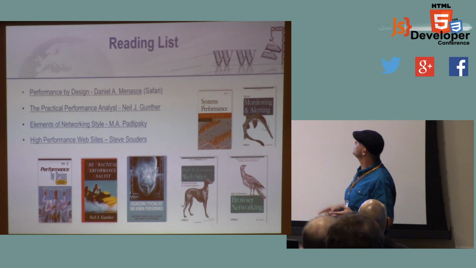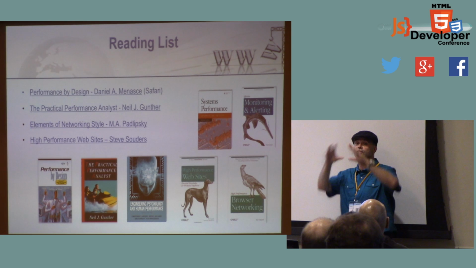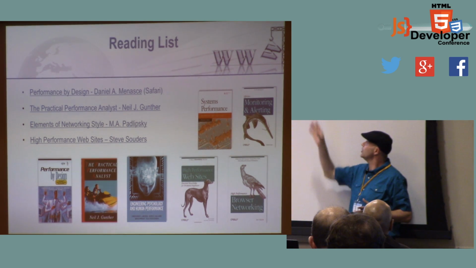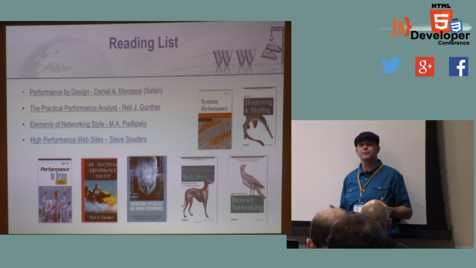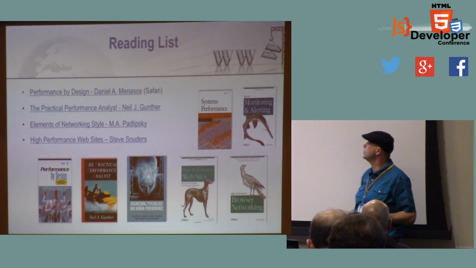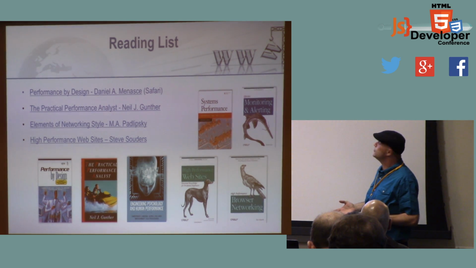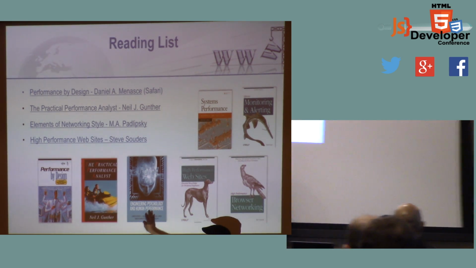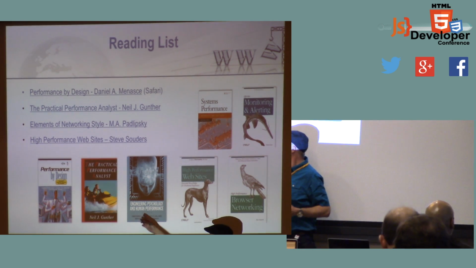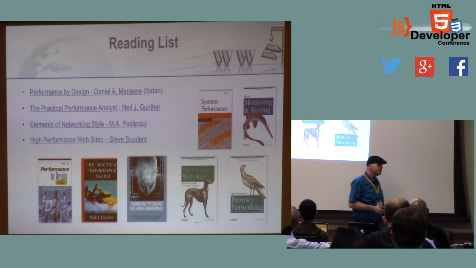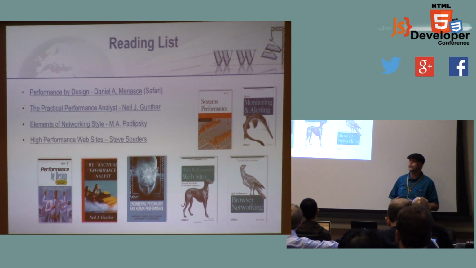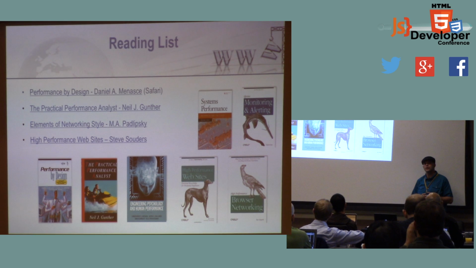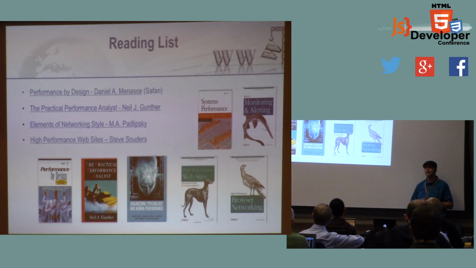This book on systems performance takes a much larger global view of things, talks about a lot of things that aren't on the web. It's very useful, but it's a textbook. You'll get what you get out of textbooks from it. The interesting book that I wanted to point out here that I think is well worth reading is this book on engineering psychology, and they say human performance. And when I first read that, I thought it was very interesting because it sort of coincides with an insight that I had a long time ago that I think a lot of people don't think about in terms of